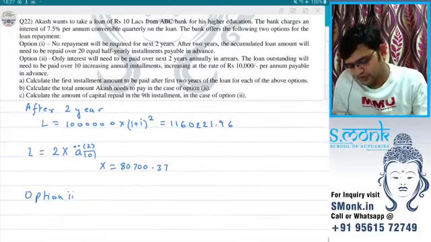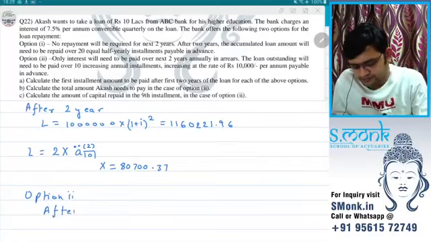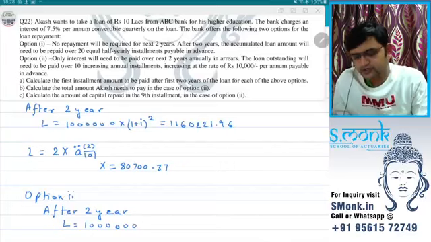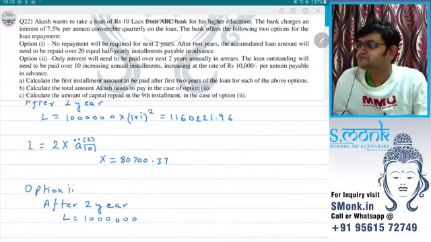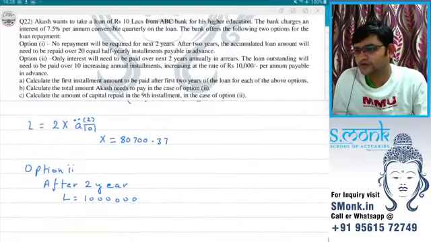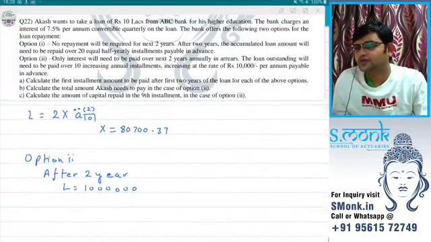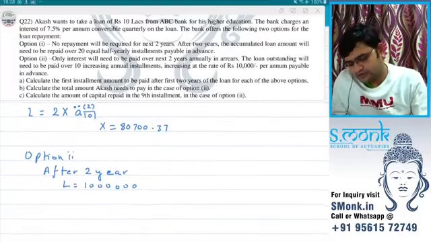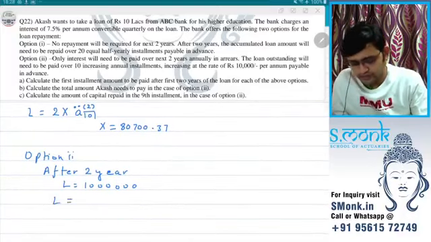So first of all, because only interest was paid in those 2 years, after 2 years the loan outstanding will still be 10 lakhs because we paid only the interest. Now this would be paid in 10 increasing annual installments, increasing at the rate of 10,000 per annum, payable in advance. So this loan outstanding will be equal to